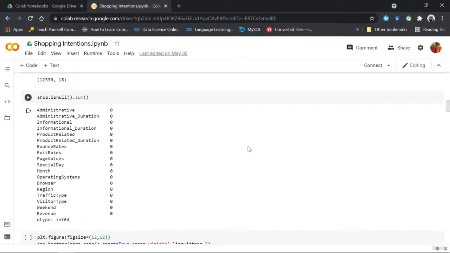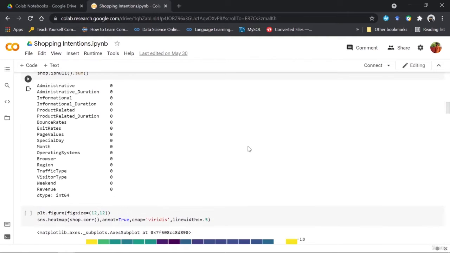It might happen that there might be some outliers in your data, and you might want to figure them out. So what you can do is take one column and see what its mean is and what its maximum value is.